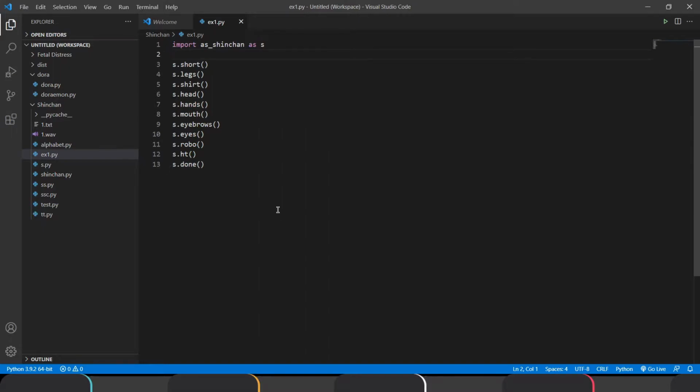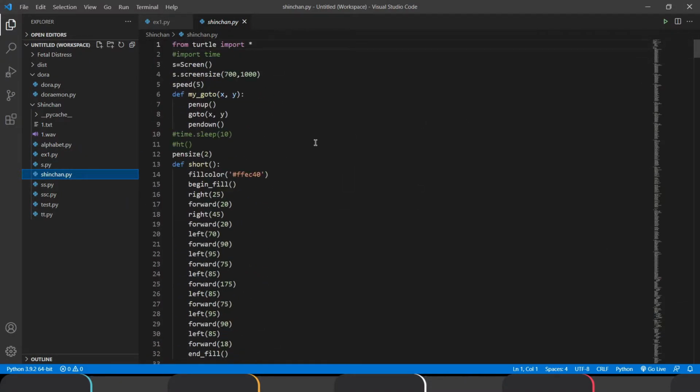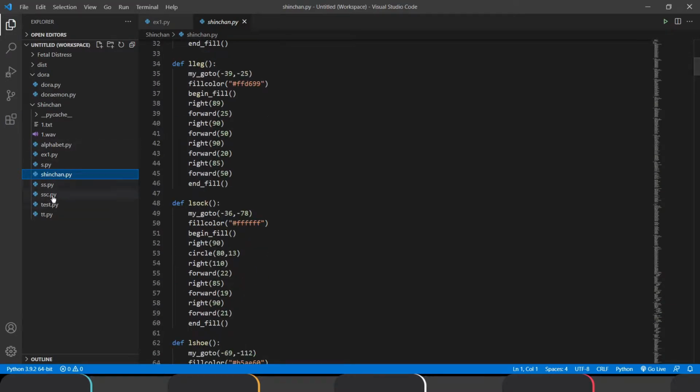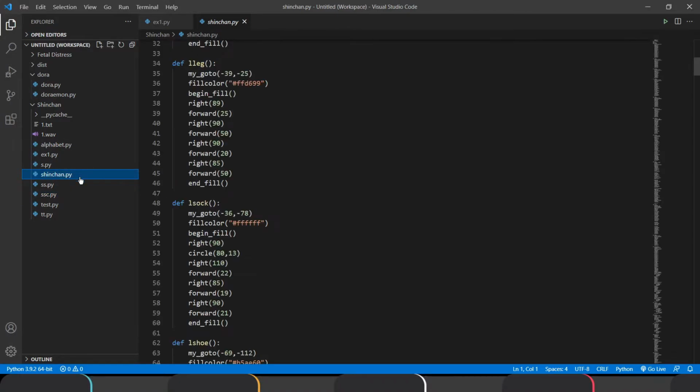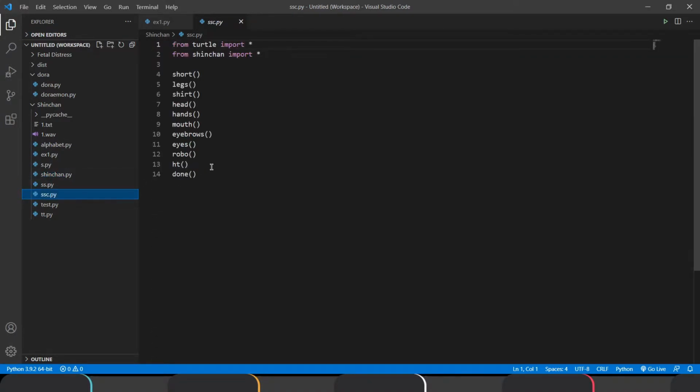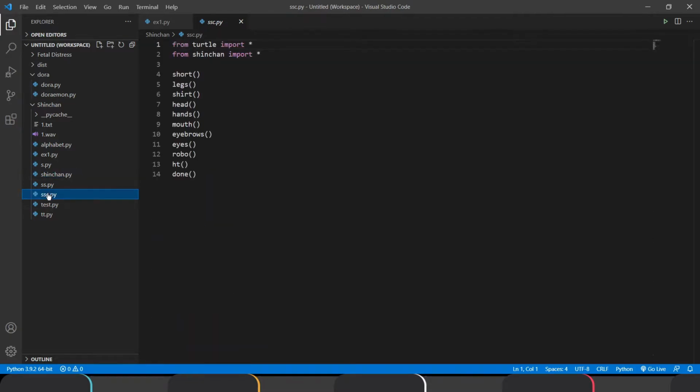In the previous video, we took two files, shinchan.py and ssc.py. We imported the shinchan.py file into the ssc.py file, and then we accessed the functions which are in shinchan.py.